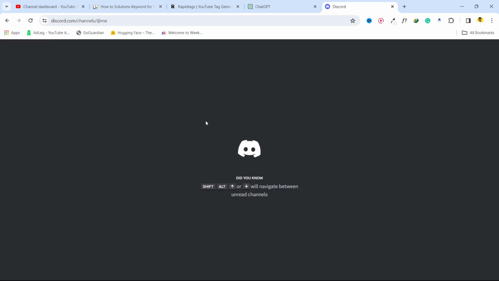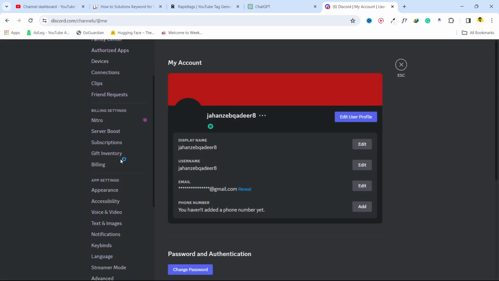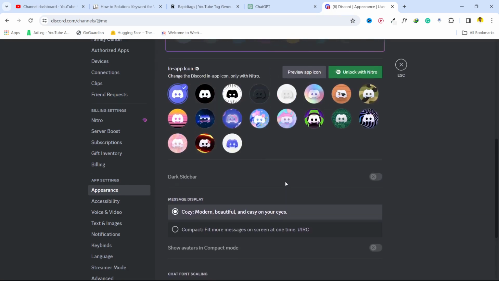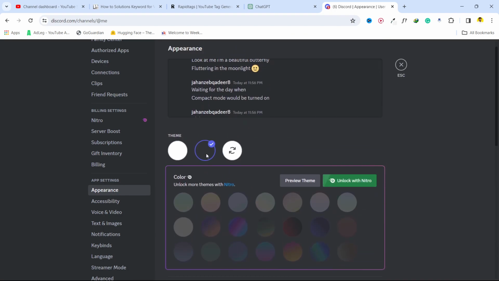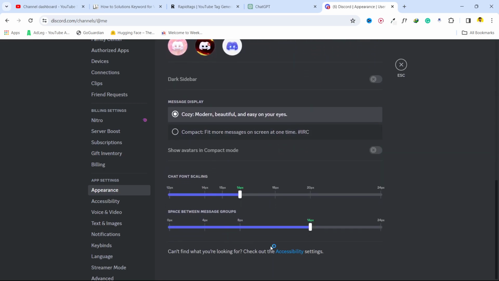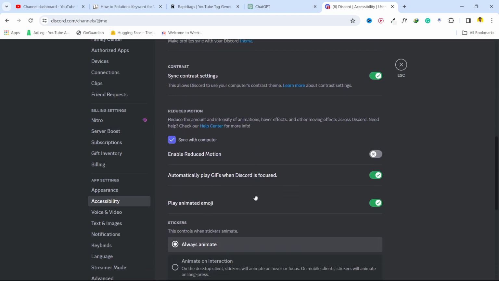So you need to wait for a few seconds. Once it is open, you simply need to click on user settings and here you need to click on appearance. And here you can see this is the tab. If you find a developer option here, you need to turn on the developer option,